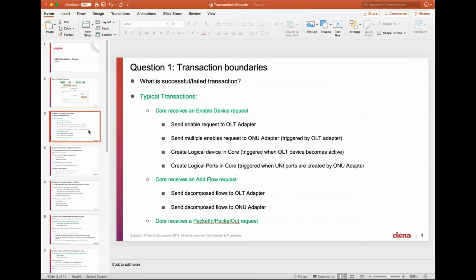Okay, so the first question that I have is, what is a transaction boundary? What is a successful and a failed transaction? Currently in the core, we say it's a success when we get an ACK from an adapter. Let's take some examples of typical transactions. Let's take a transaction where we get an enable device into the core. So we create those devices, we update their states, the admin states, and we send an enable request to their